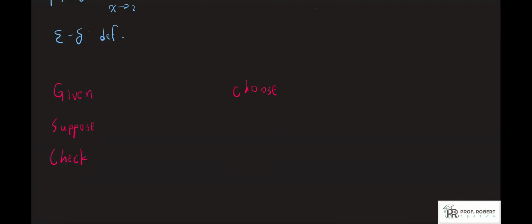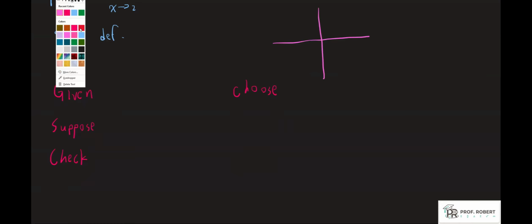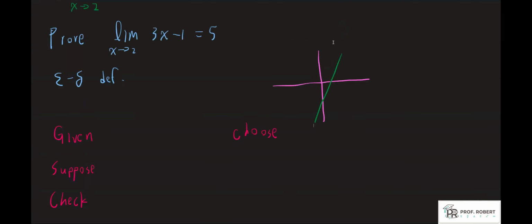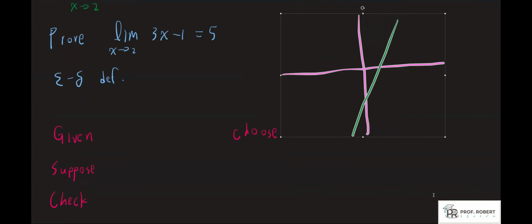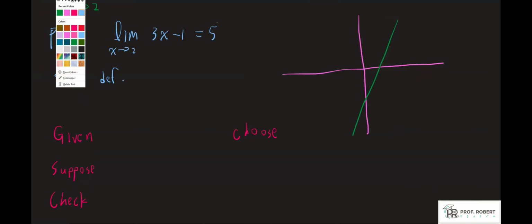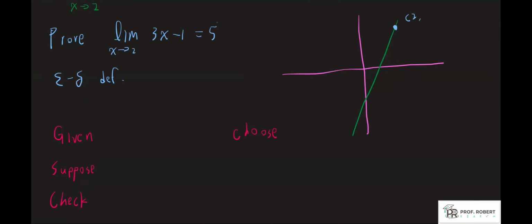Okay, so we're going to start by doing a little graph to show you what we're trying to prove. So let's say I have the line 3x minus 1, say right here. And then we have the point of interest, 2 comma 5. Let's say maybe about here. Let's say this is the point 2 comma 5. So when x is 2, y is 5. And what we're trying to prove is